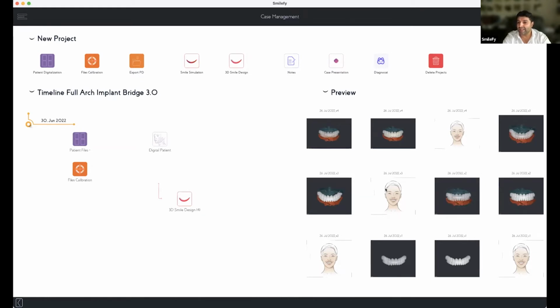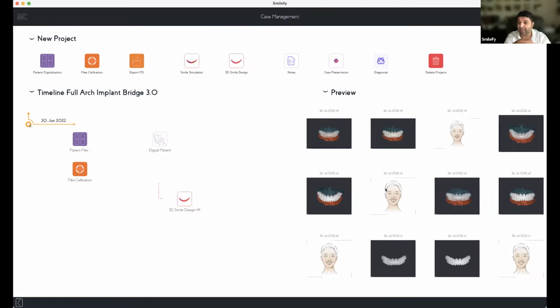No, you don't need any external software to align anything. If you do have the DICOM file inside Smilefy, you can segment the DICOM file. So the STL bone is integrated automatically in the project, and then you calibrate the intraoral scan with the STL bone of the head. And then you have all the layers aligned.